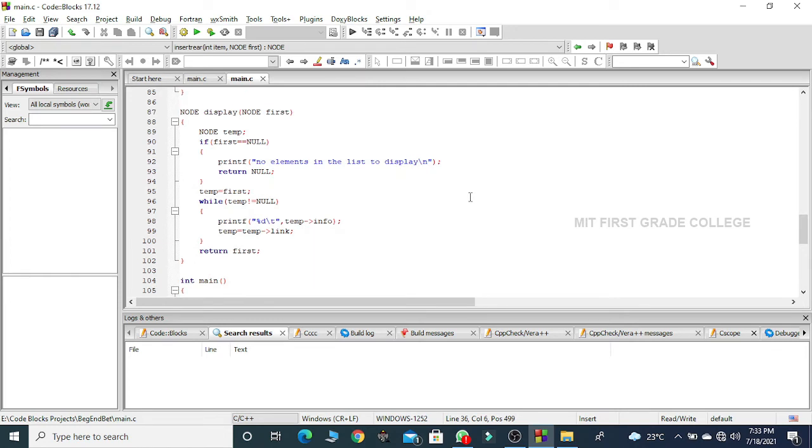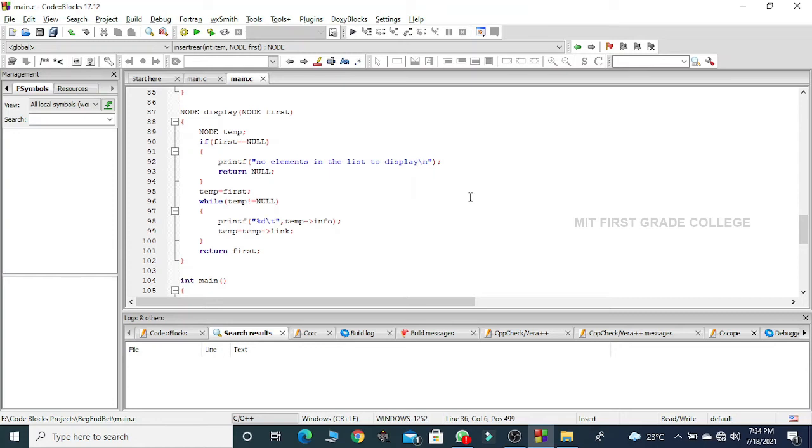Now let me explain the display function. In the display function, what I have to do is traverse or visit all the nodes at least once and print the value of the info part there. For this to happen, I declare a pointer variable temp. Now, before I display, I need to be thorough that my linked list is not empty.